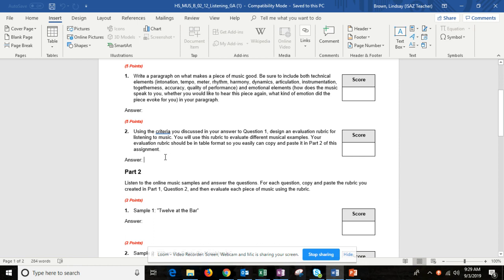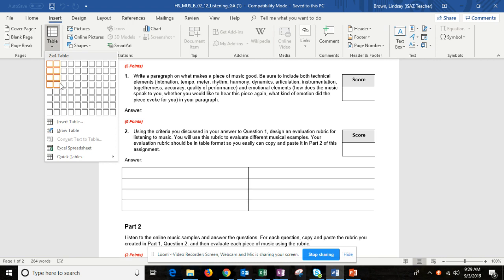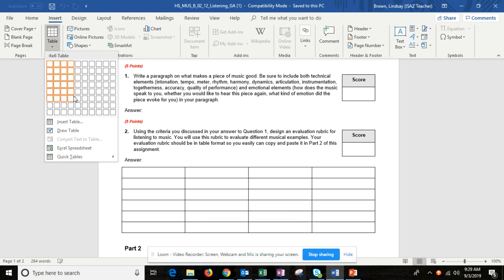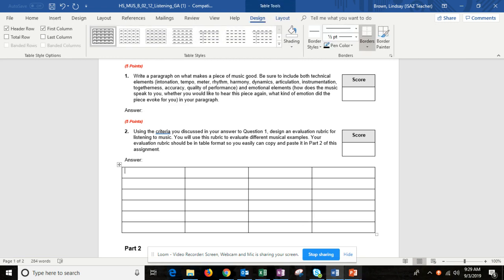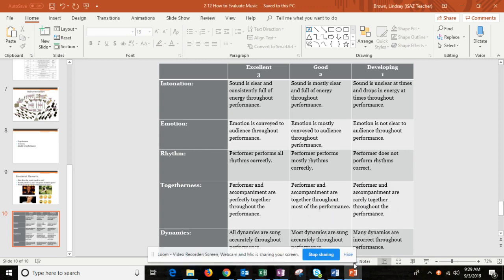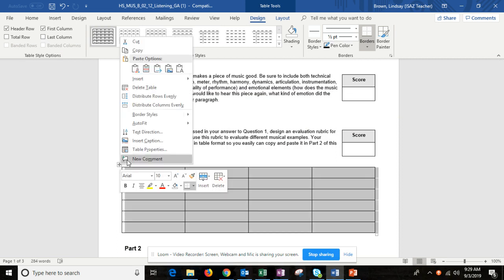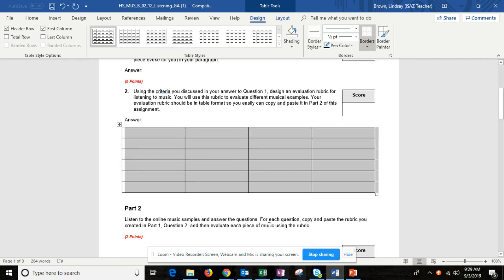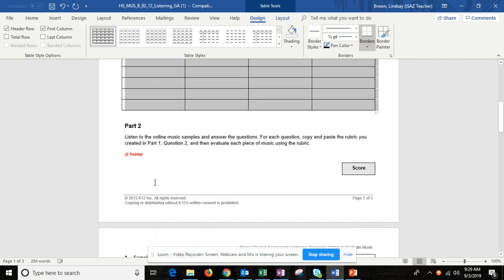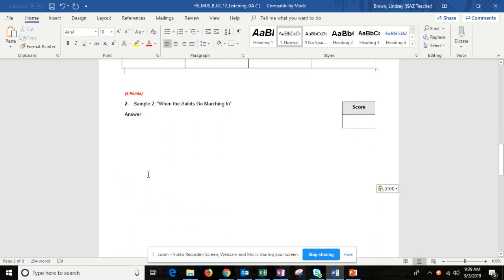in the document, you're simply going to click on Home. You're going to click on Insert, and then you can click on a table. And then you can add in your criteria using this here as an example. Okay. So then once you create your evaluation rubric, you're then going to copy this by simply clicking here, and then you'll copy it. Yours will be completed and filled out, and then you'll paste this into part 2 below to evaluate each listening